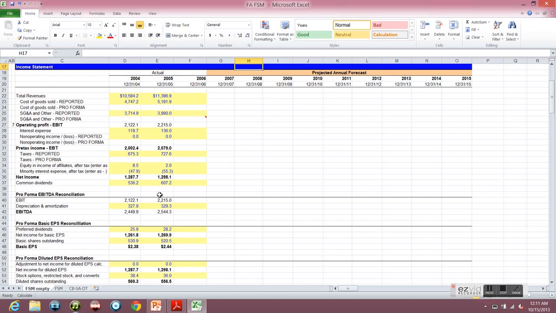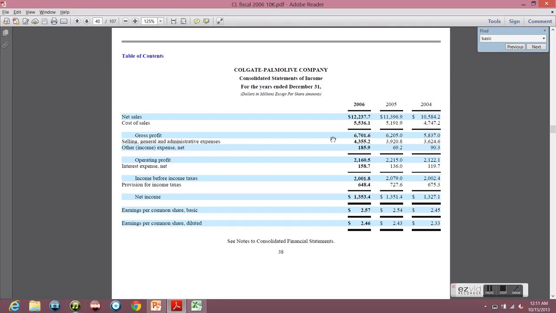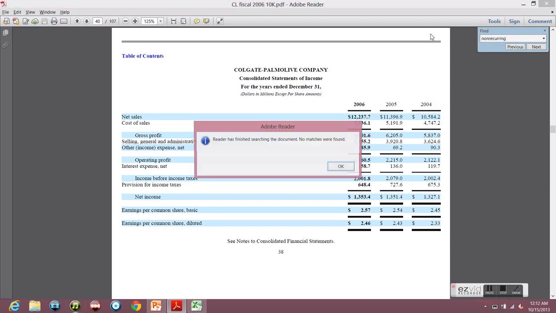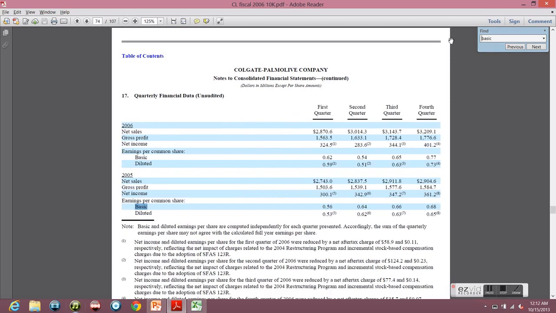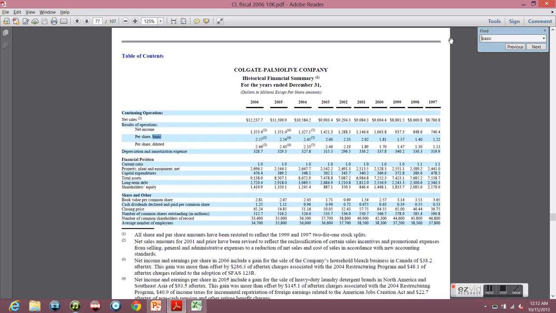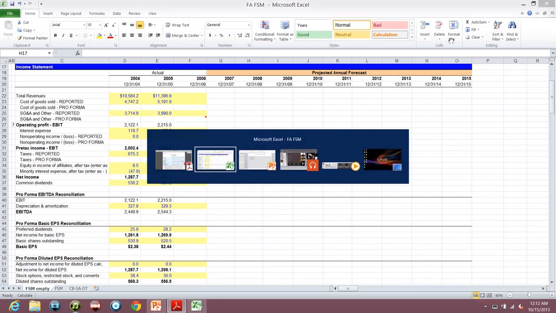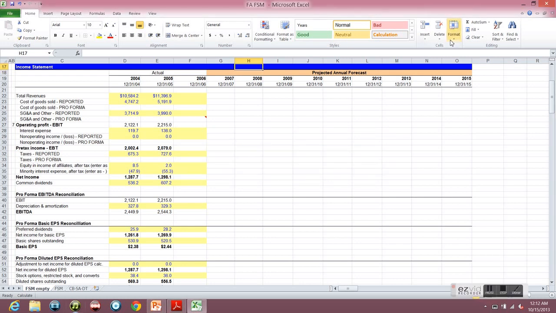And the third and final one, which I think we're going to use the most, is Control F, which means find information. This comes in very handy if you're dealing with documents that are at least 100 pages long. Let's say you're trying to find basic EPS. Let's type basic, and we have everything that includes the word basic. This comes in handy when you're trying to find non-recurring, unusual, one-time charges,